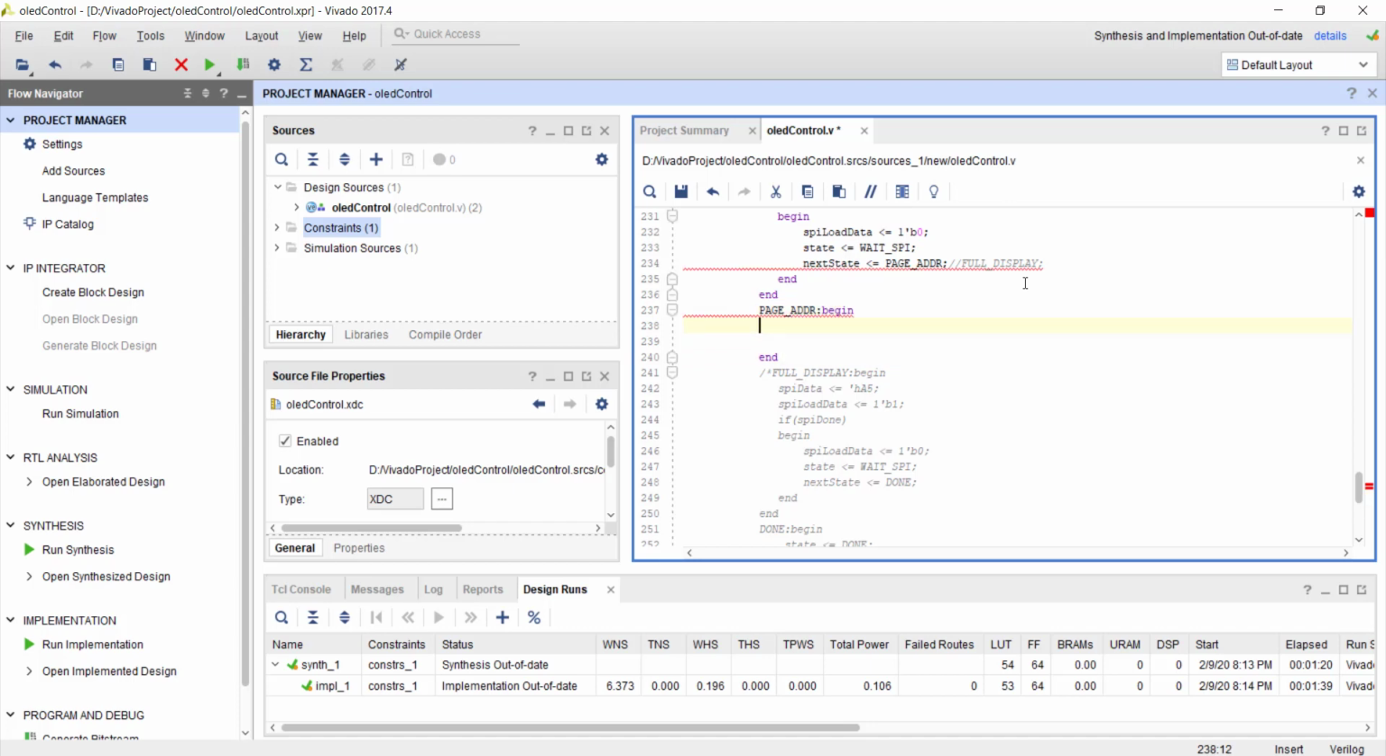So in this state again you have to send some command through the SPI interface. So the command is hex 22, then SPI load data, take P1, and OLED command data is 0 because this is a command, and if SPI done,